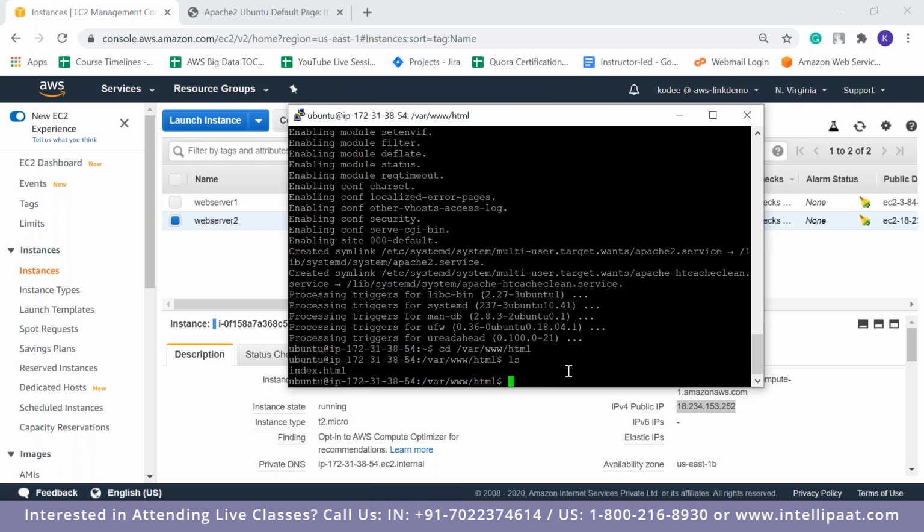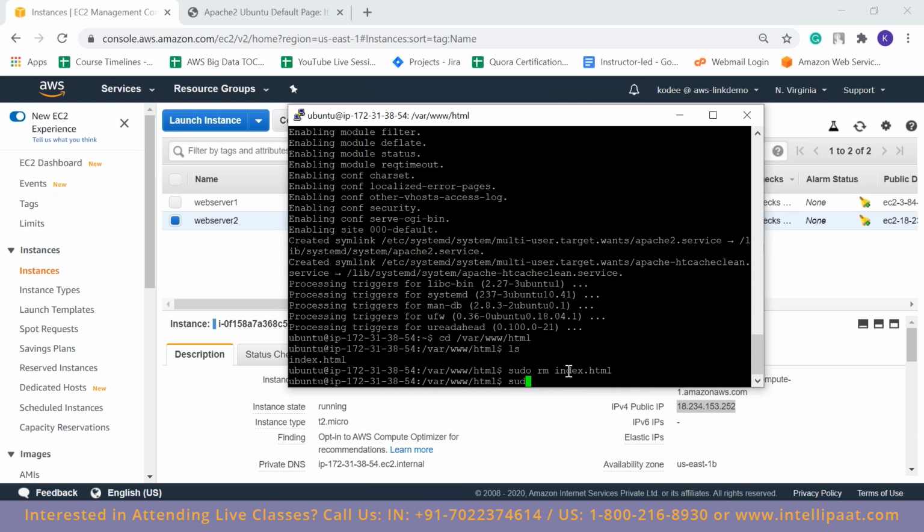What I'm going to do is delete this and make it "this is server 2, web server 2". Also I'm going to create a folder over here and embed another HTML page within that folder. I'll tell you why I'm doing that while doing the ALB demo. Okay, so now I'm going to again remove this, which is sudo rm index.html.